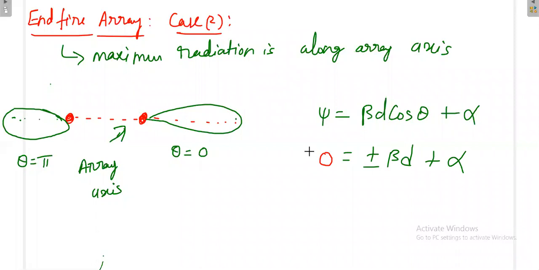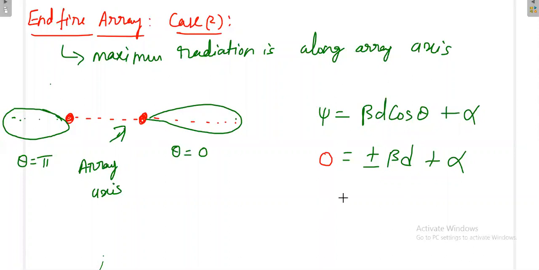You may have a confusion: what is the meaning of maximum, then you are taking psi always 0? Psi can be something else. When psi is something else, you'll get side lobes. When psi is equal to 0, you'll get the maximum of the main lobe. That in detail we are not going into, but for the maximum value of the main lobe, definitely psi is equal to 0.